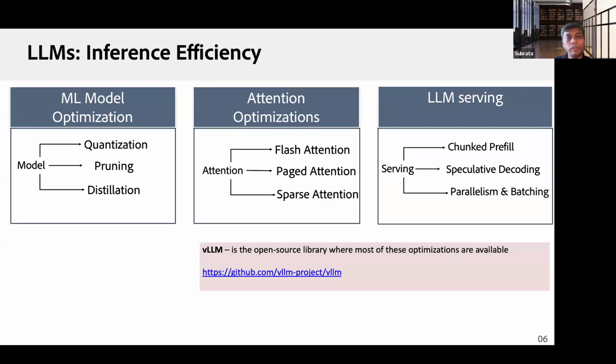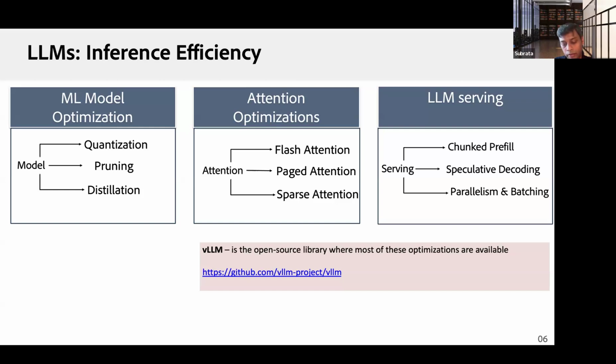Similarly, in LLM inference, there has also been a lot of work. Again, the first block is similar: quantization, pruning, and distillation. Then there is a lot of work that targets the most compute-intensive part of this inference, which is called attention calculation, and I will give an overview of what attention calculation is. There are a few very notable and popular techniques used today, called flash attention, which basically